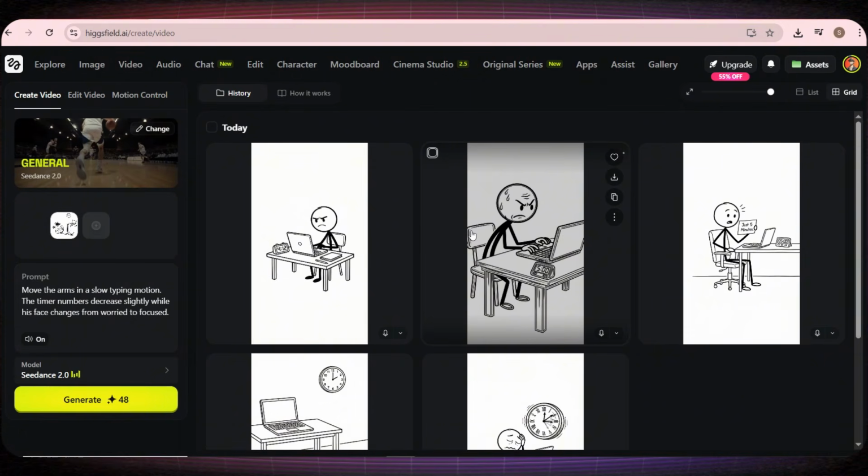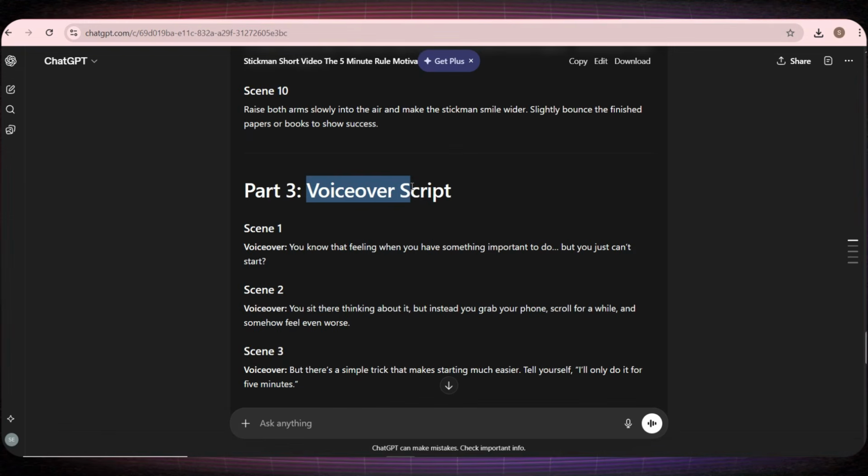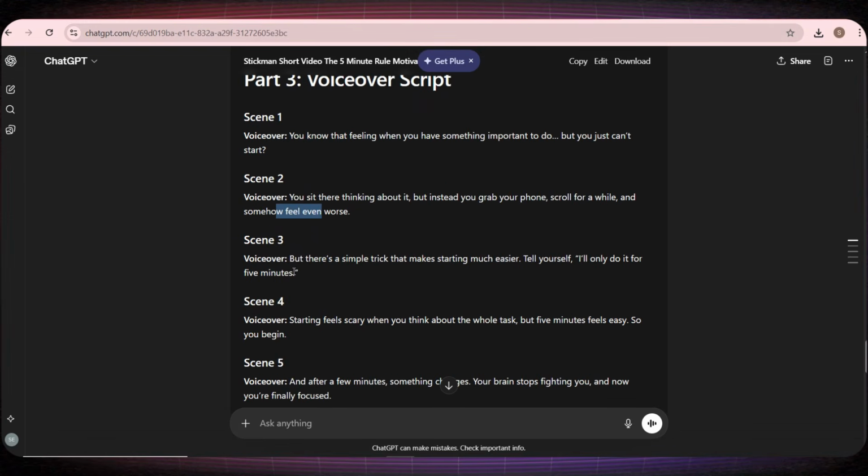Now, we only have one final step left, which is creating the voiceover for the video. And the best part, you can also do this directly inside Higgsfield. It's truly an all-in-one platform. To create the voiceover, we'll go back to ChatGPT, and you'll see it has already written a voiceover for each scene. I'll take the voiceover for the first 5 scenes,